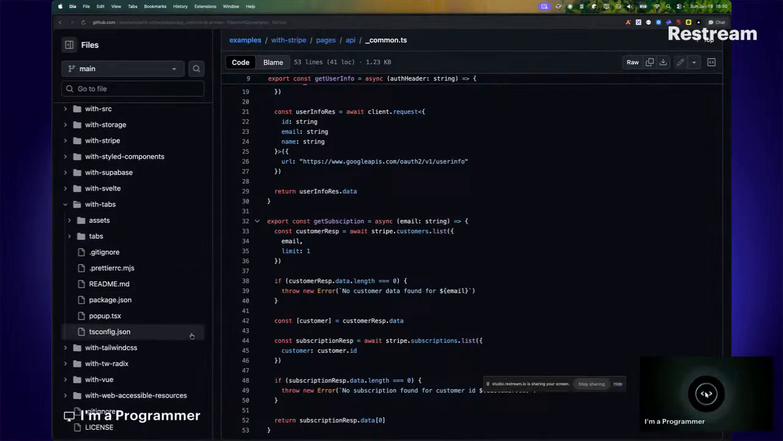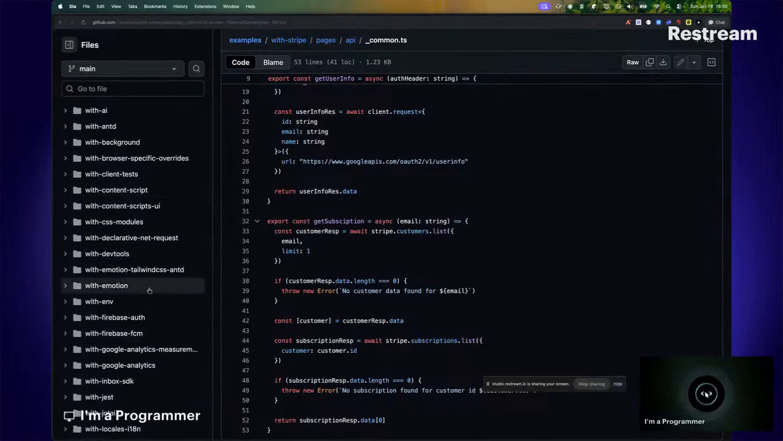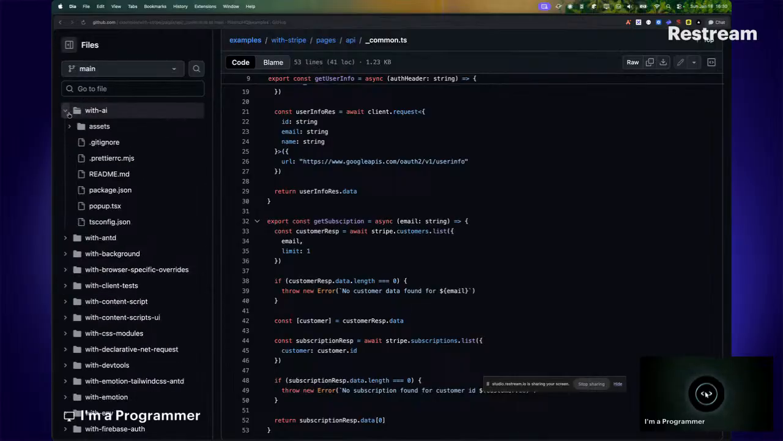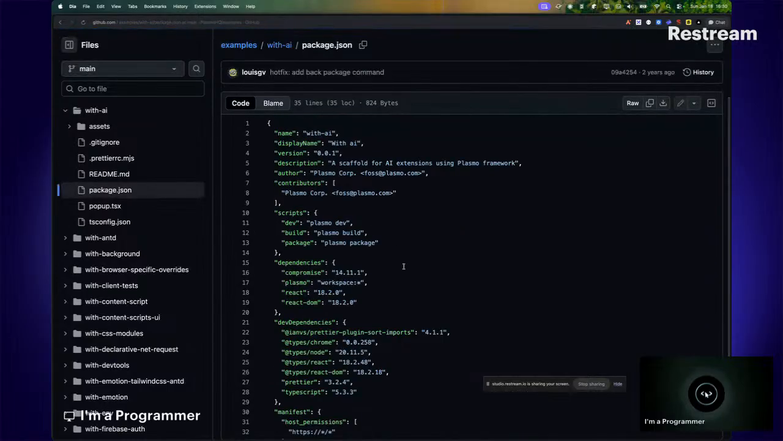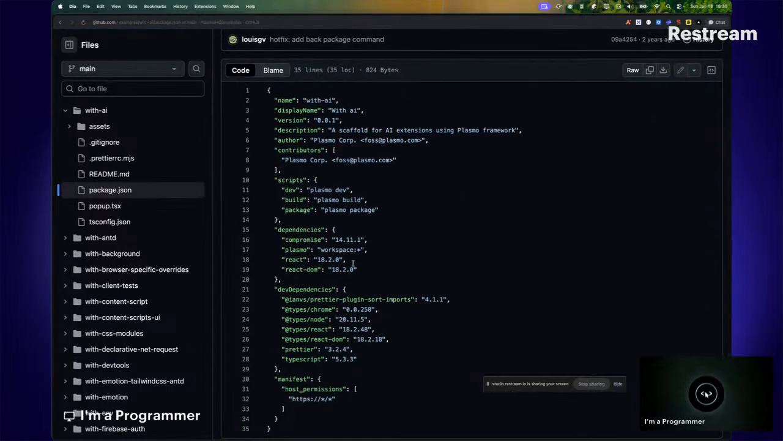Let's just pick an example. Which of the examples should we use here? Let's see, let me see which one works best. So we have the with-AI example here. What is the AI? Nothing different, for AI extensions. Okay, a scaffold for AI extensions, where you have the assets and then the popup,